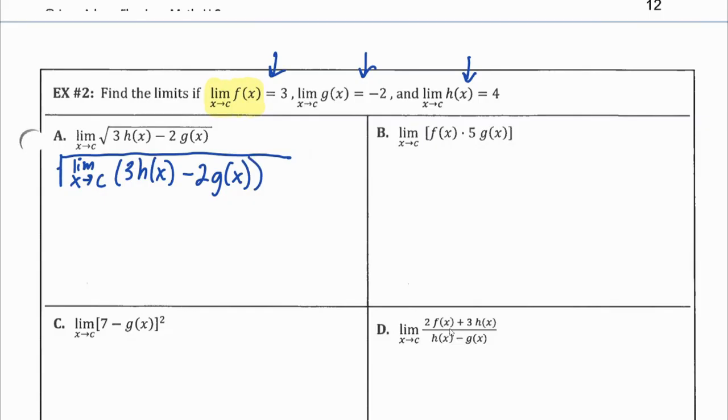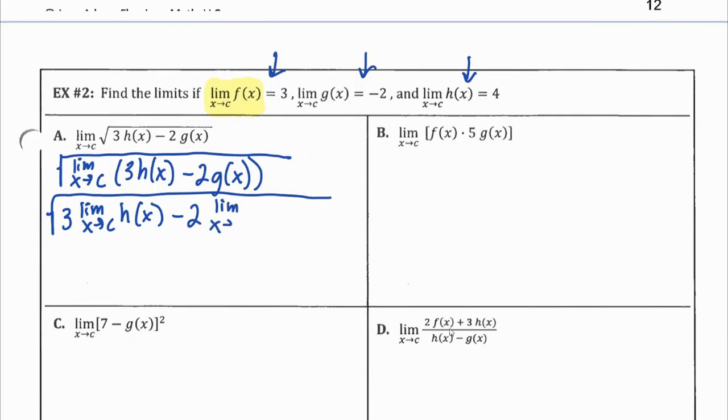So I am going to go ahead and do the coefficients and the subtraction at the same time. So again, still all underneath the radical. We'd be doing 3 times the limit as x approaches c of h of x minus 2 times the limit as x approaches c of g of x. So I am okay if you make this jump. But again, we needed this to happen because we're trying to get things that are identical like this